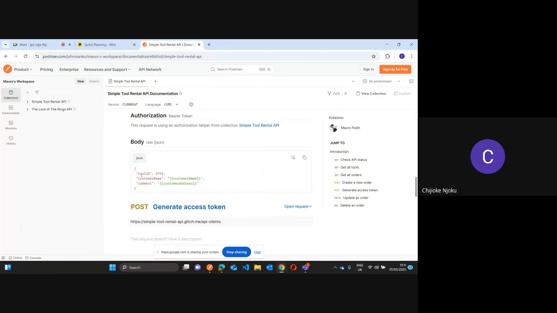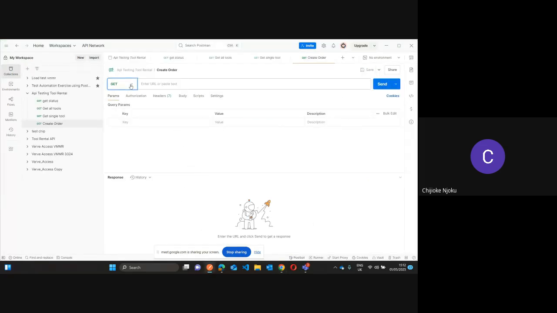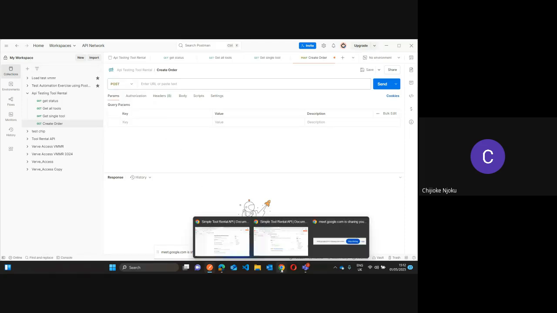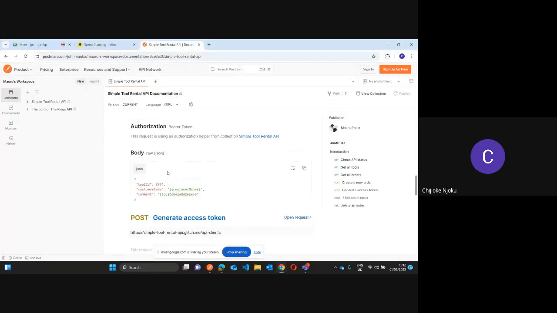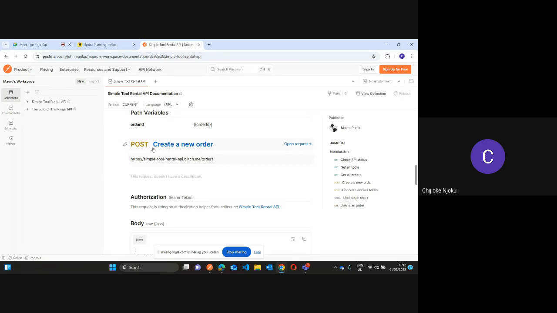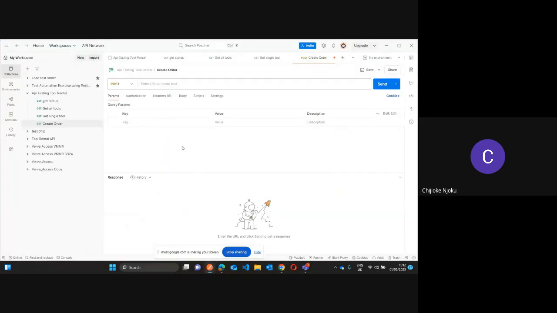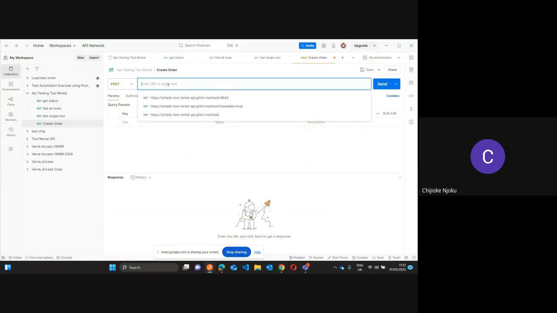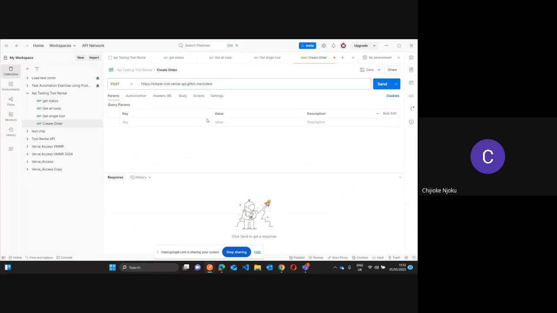The body is you're going to enter the tool name, customer name, and comment. So back to Postman. The method for this one is post, as you can see here. Post. Now I've copied this guy, which I'm going to use to create orders. Create orders. Now, if I send this guy,